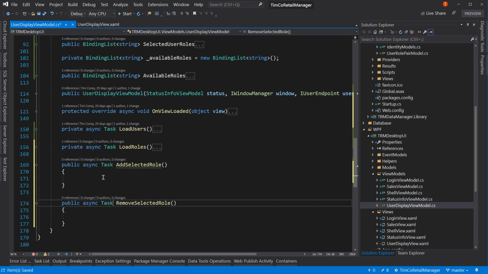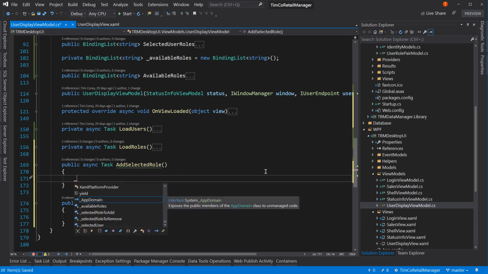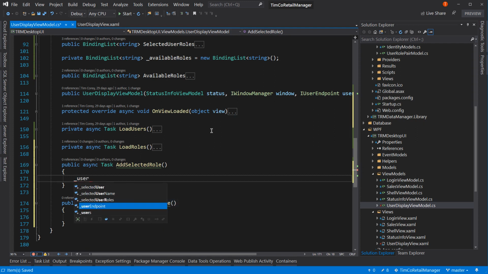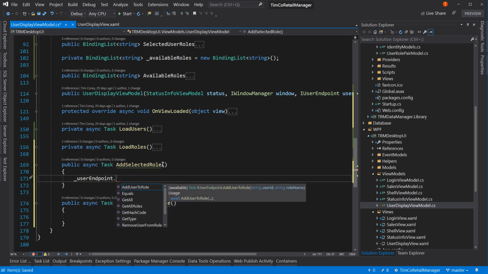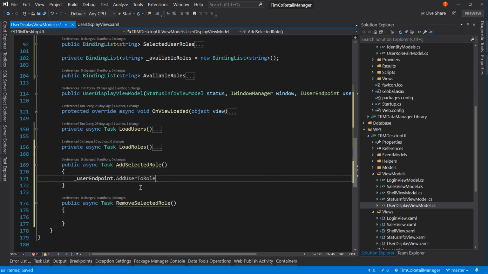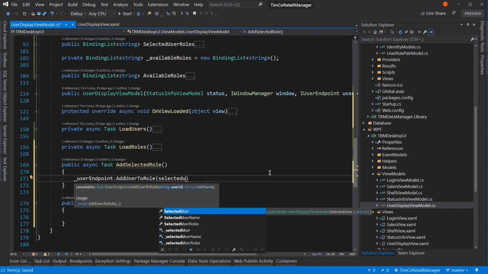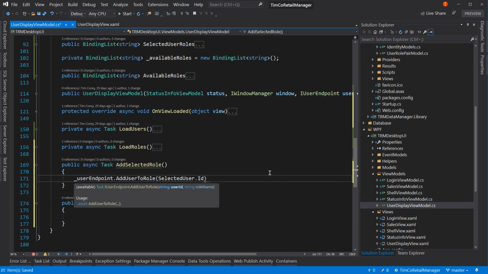like so, because we're calling the API. So we're going to first say, what's our API call? That is user endpoint. User endpoint dot add user to role. And we're going to pass in the user ID, which is selected user dot ID, and the role name is